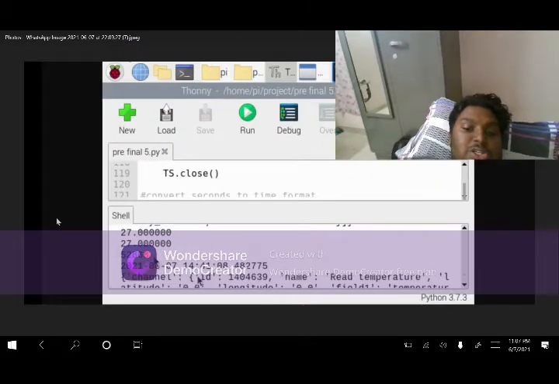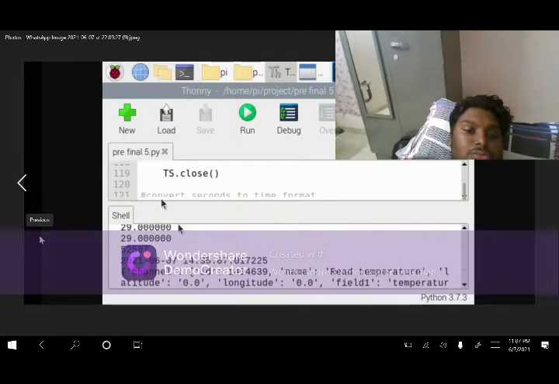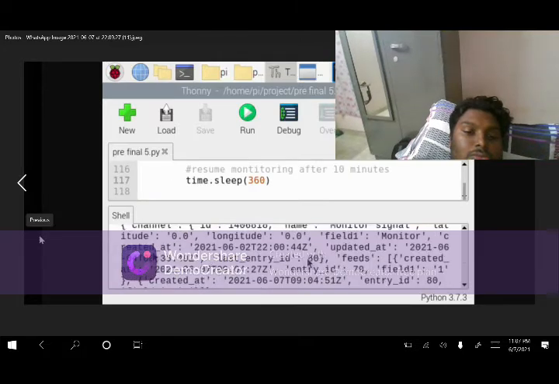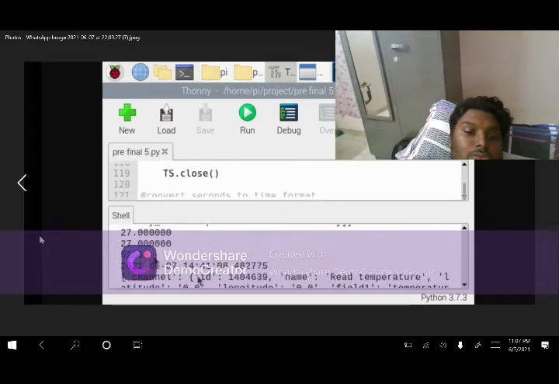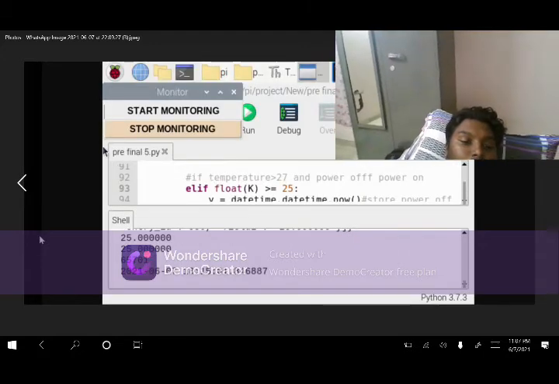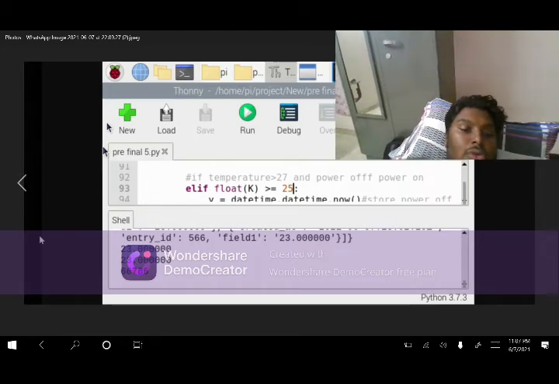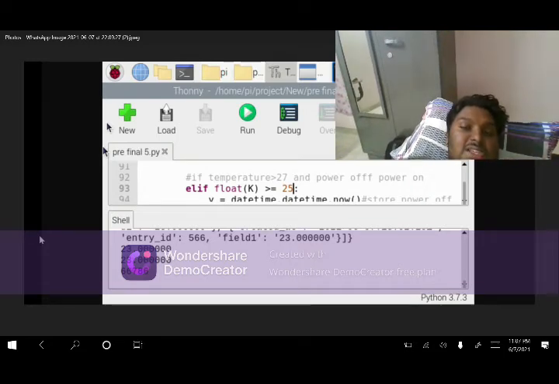Here you can see the temperature is 27, that means the room is hot, so the power on time is recorded. This doesn't affect the room. Already the power is on, and the temperature has just reached 23. Our target is 21, so there are no readings.